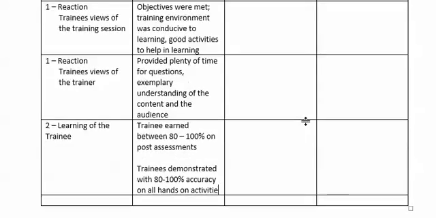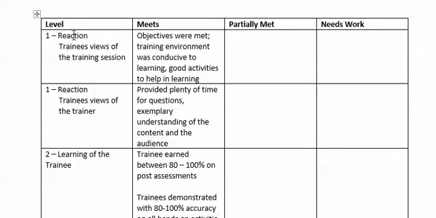So if you were using Kirkpatrick, levels 1 and 2 are directly related to the training session. Level 3 is directly related to the performance of the trainee after the training session. And level 4 is, did this meet